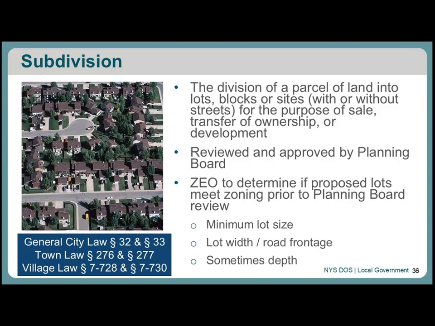Also, I don't think we mentioned this, but all of these little blue boxes full of statutes pertain to your service and your community. If you're in a city, you worry about general city law. If you're in a town, you worry about town law. If you're in a village, you worry about village law. And all of them are in our Guide to Planning and Zoning Laws publication of New York State. So really helpful, especially if you're new to the board. It's good to have around because subdivision especially is probably the most prescriptive of the land use regulations in statute.